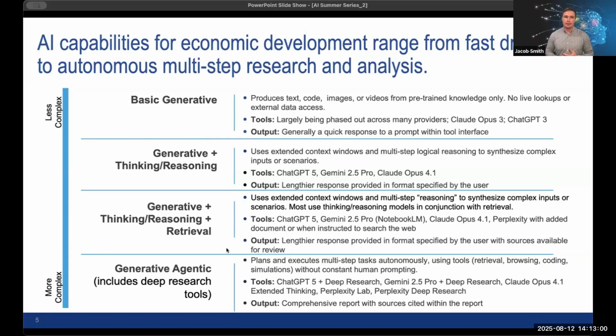Then you have these more complex generative agentic type tools. These are tools that are using those reasoning models as a foundation to actually go through and execute a series of tasks based on the prompt. And when you hear generative agentic, you can think of it as akin to the deep research functionalities that some of these tools have built in. So OpenAI has ChatGPT plus deep research. Google has Gemini plus deep research. And